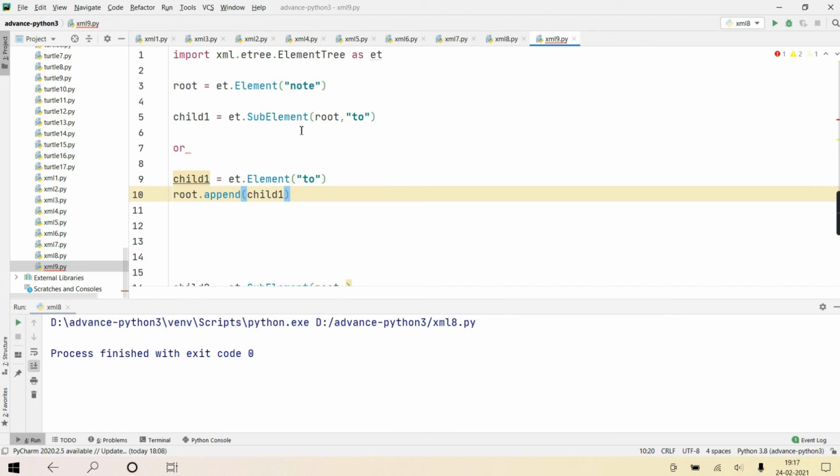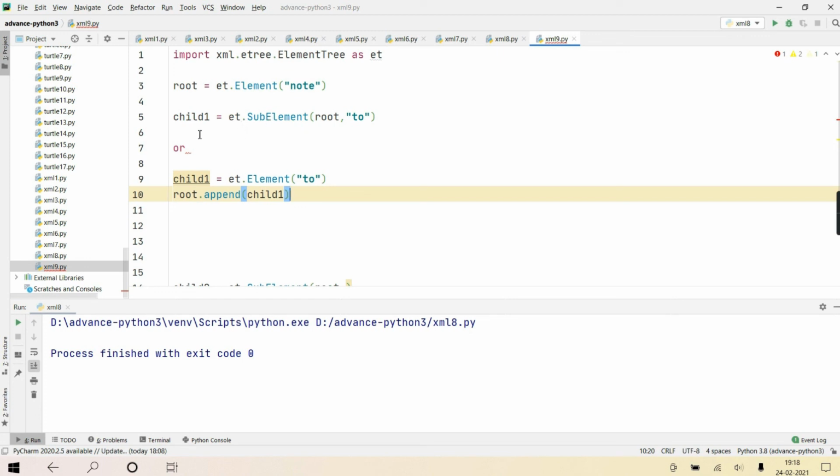What will this sub element do inside? It's a function, it's not a class name. So this function will create an object of which class? Obviously, the Element class. It will give the tag name to that new element, and append it as a child to the parent which you have passed to it. So instead of writing these two lines, it becomes easy to write it in one line.